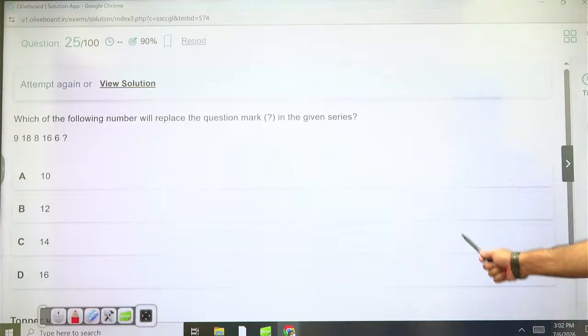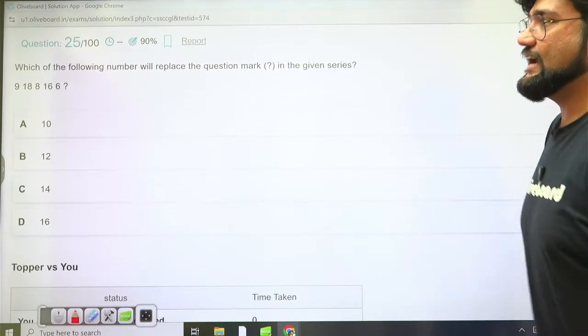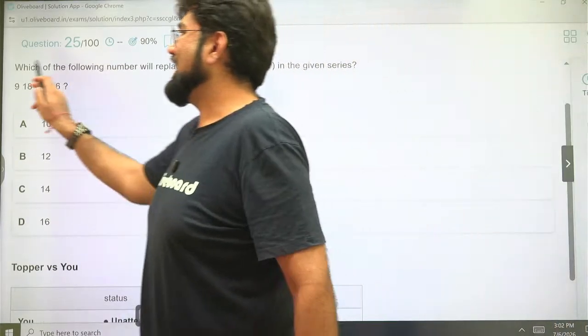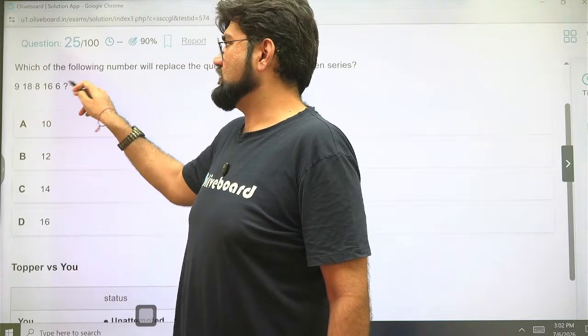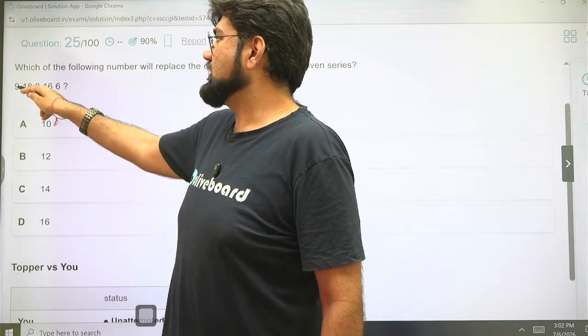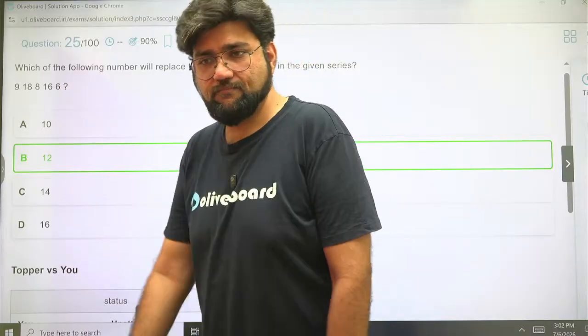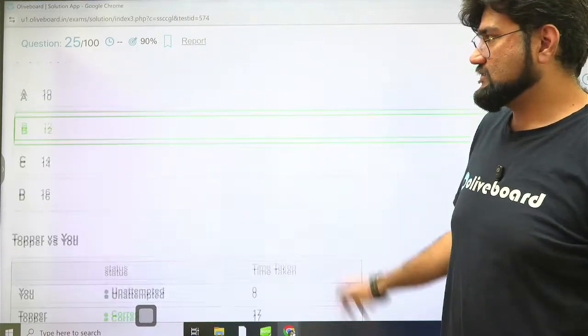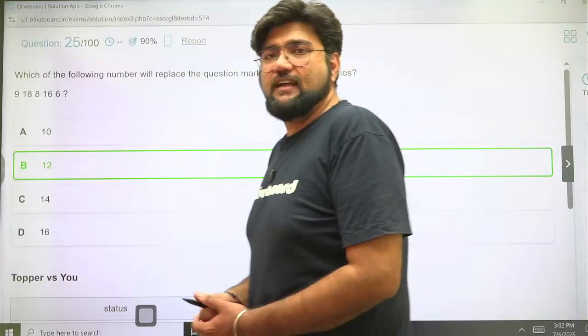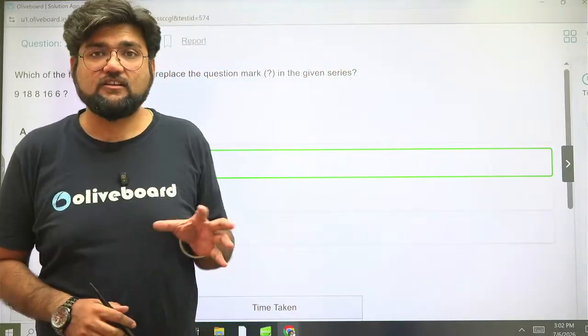And the last question for the session today. Again, if you observe, it's very easy actually. 9 into 2 is 18. 8 into 2 is 16. So 6 into 2, 12 should be my answer. What is the logic? Into 2 minus 10. Into 2 minus 10 into 2. 12 will be the correct answer. Alright, 17 seconds. So with that, we are done with the complete and detailed discussion of the logical reasoning